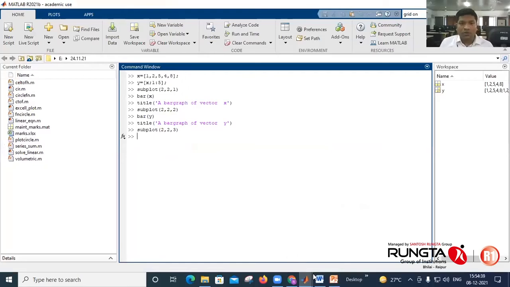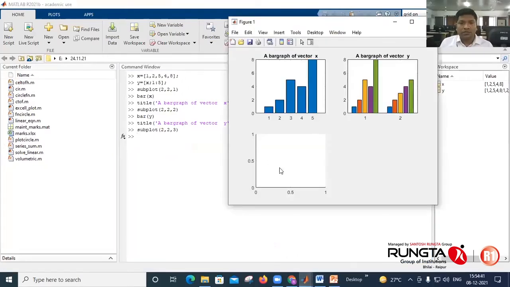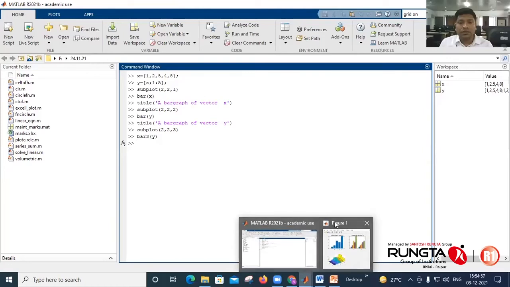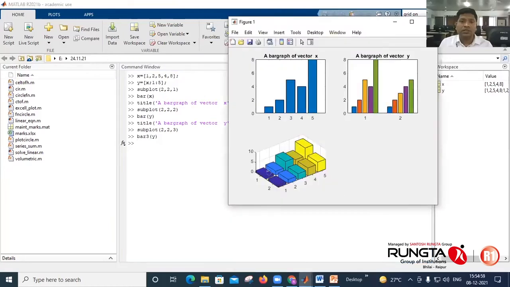Activating subplot 2 2 3, so it is activated in the figure. I will type bar3 for Y, a 3-dimensional bar graph of Y. Enter. It will generate a 3-dimensional bar graph like this of Y.